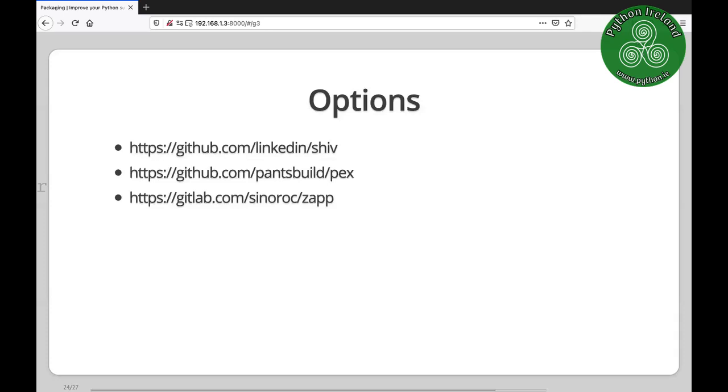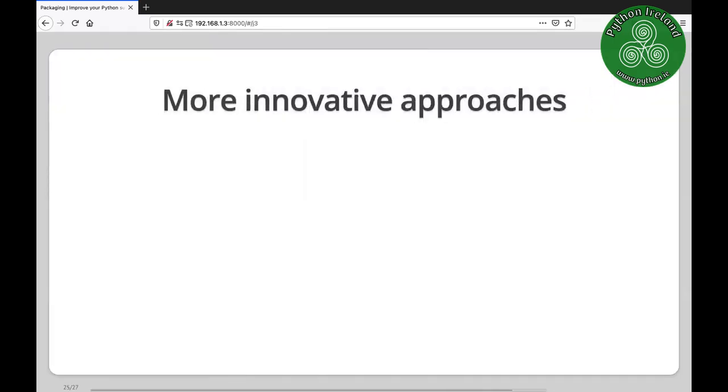zip. So Shiv and PEX are solutions that let you not just include pure Python modules, but pure Python packages, but include any Python package inside your zipapp, right? The last thing to mention before I leave this section behind on zipapps,